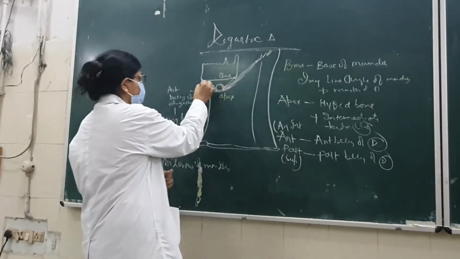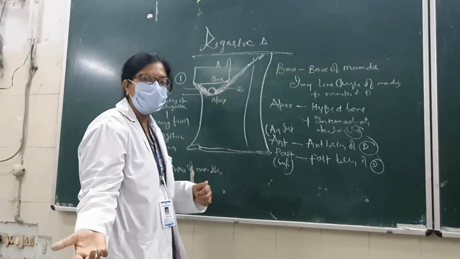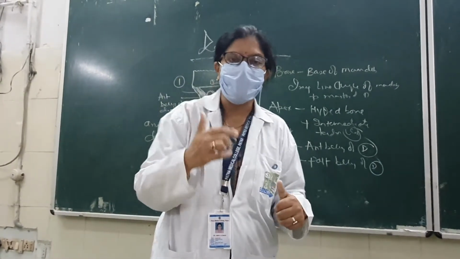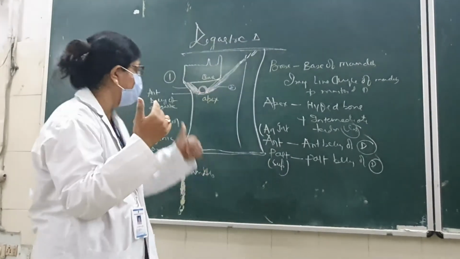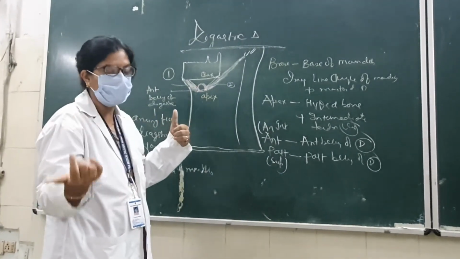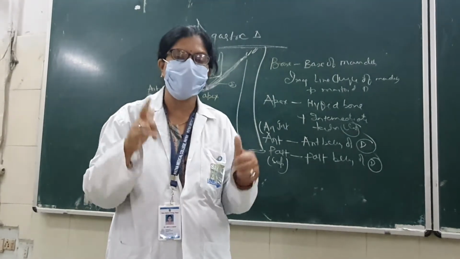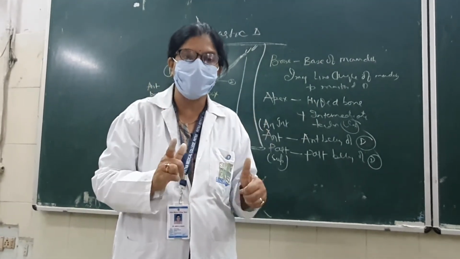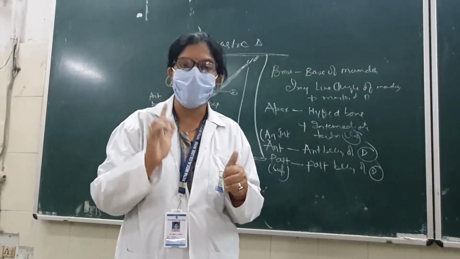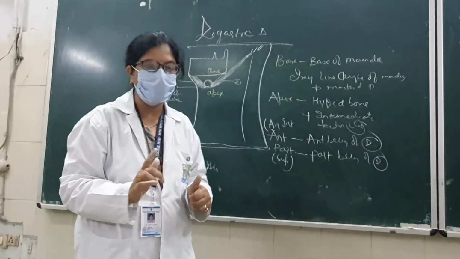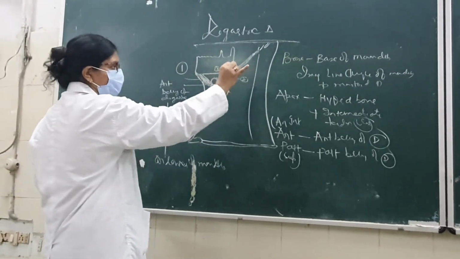So this is the anterior belly of digastric and this is the posterior belly. The anterior belly is from the first arch and the posterior belly is from the second arch. The second arch is your facial arch, so it is supplied by your facial nerve. So this is the difference between the two bellies. As the name suggests, it's a digastric with anterior and posterior bellies, but they are not supplied by the same nerve and have different embryological origins, which is a very important point to note here.